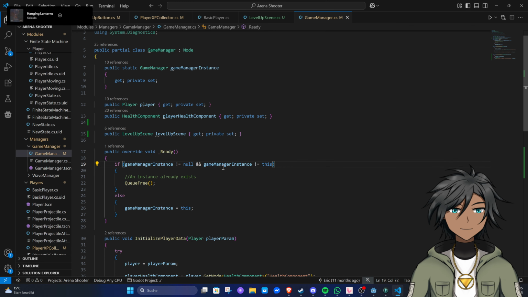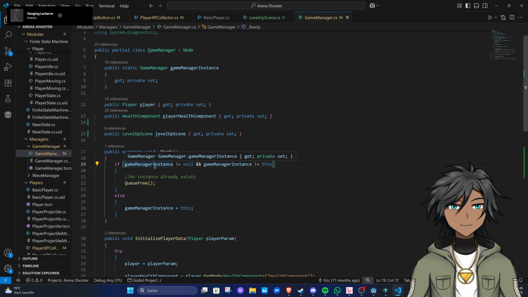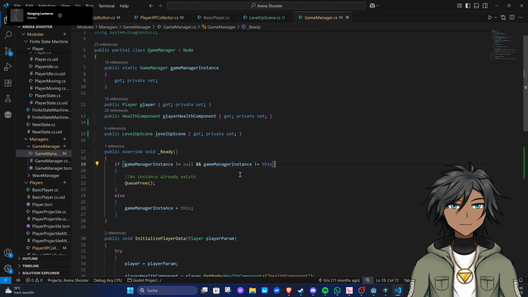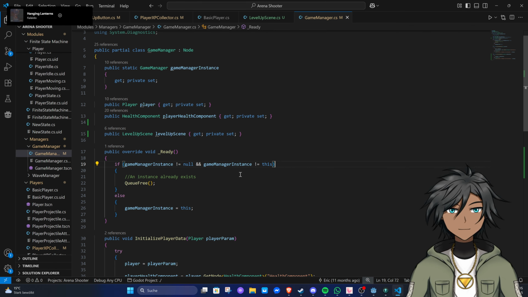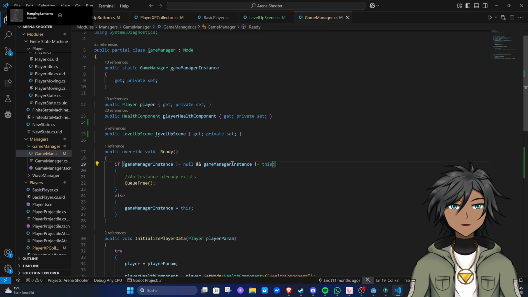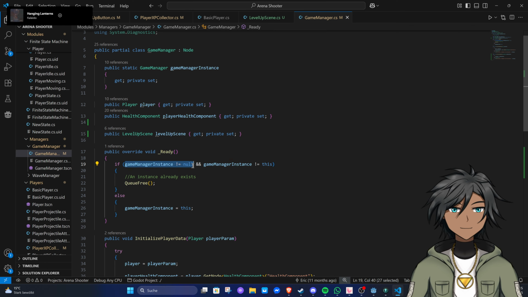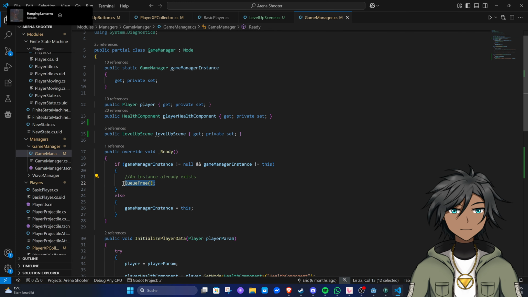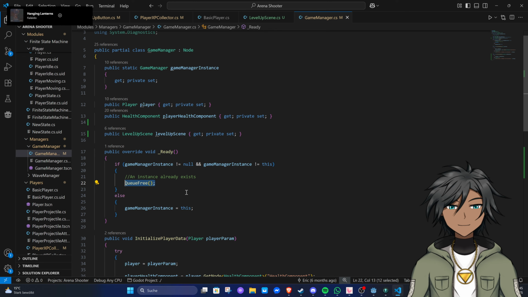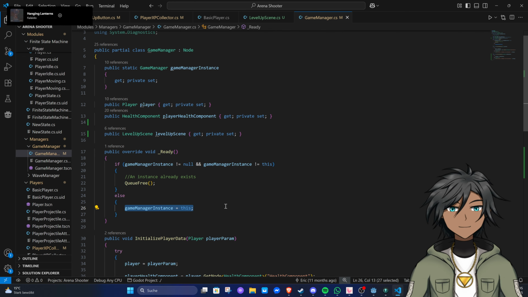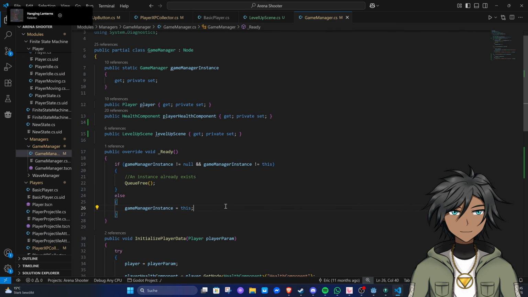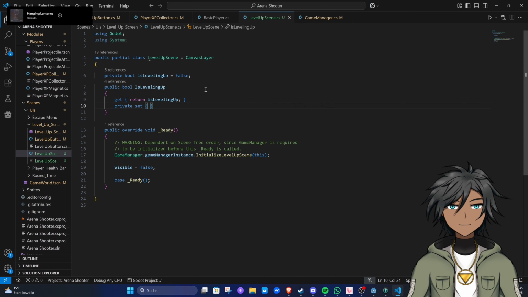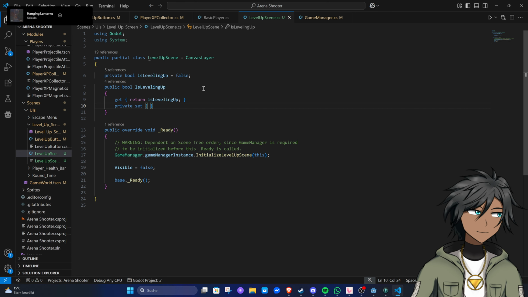It checks if there is any game manager instance currently available, and if there actually is, this one is gonna be destroyed. Else, this is gonna be set to this very lone instance. Okay, we got